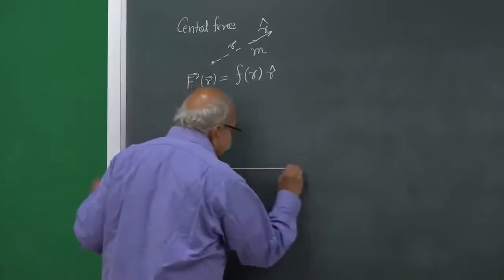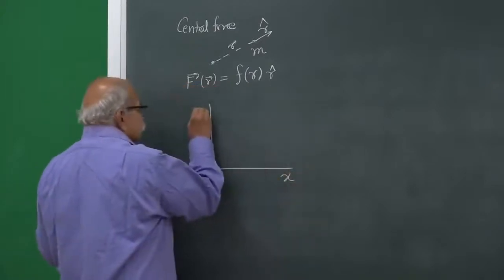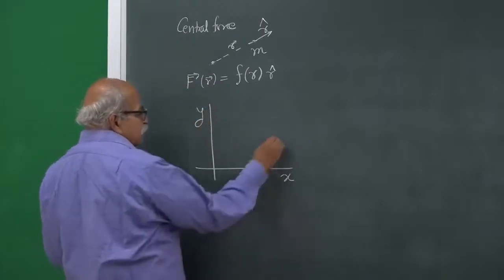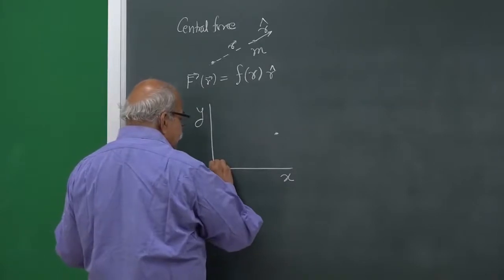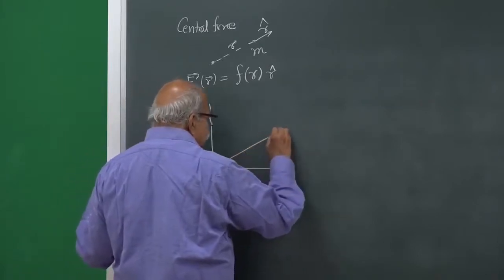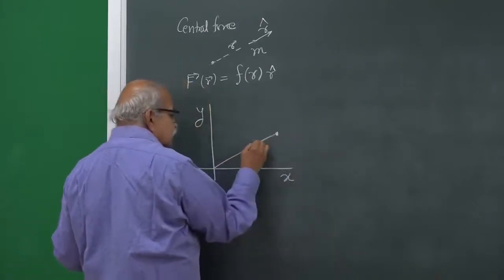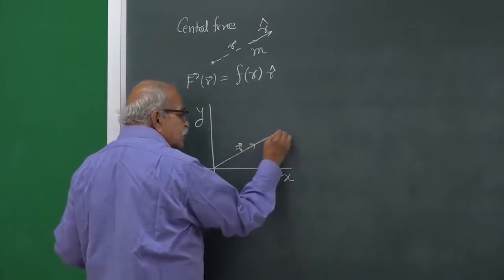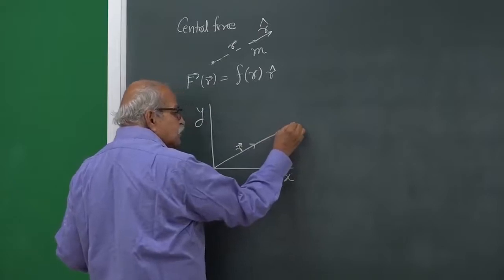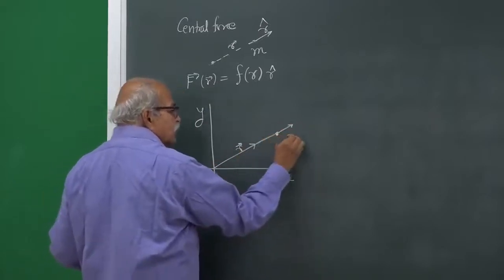So, I have x axis and y axis, and the particle is somewhere, and if I join the position of the particle from the origin, this vector is the position vector r, and the unit vector along this position vector is known as r cap,